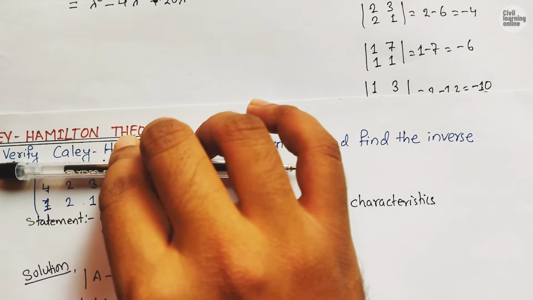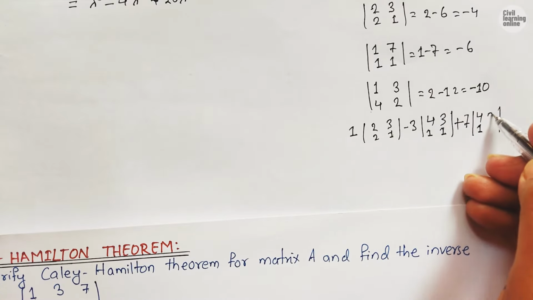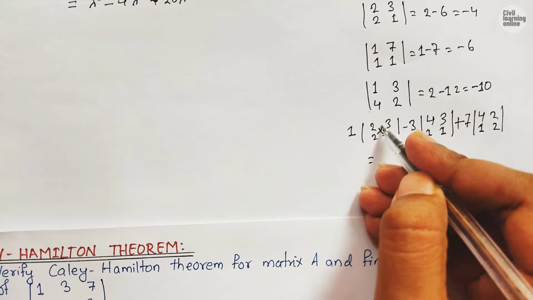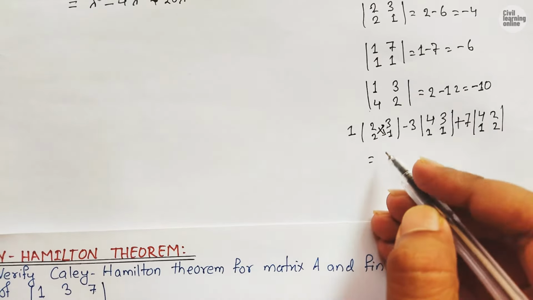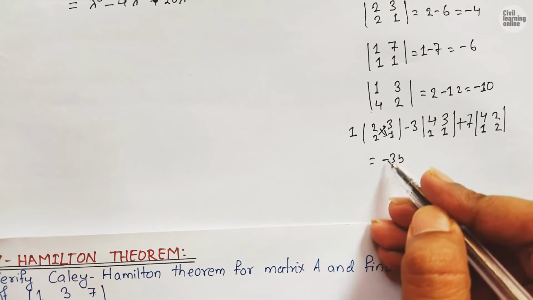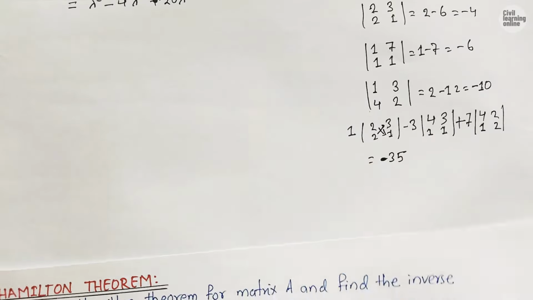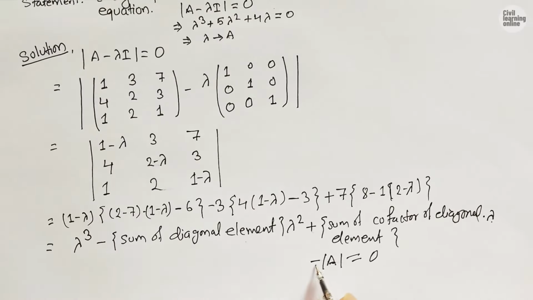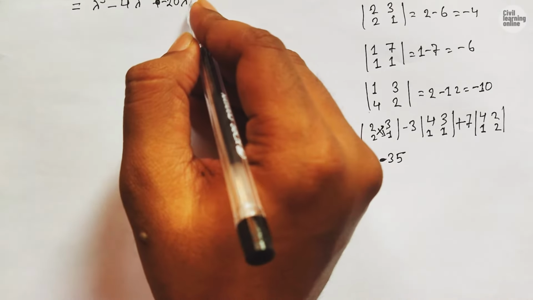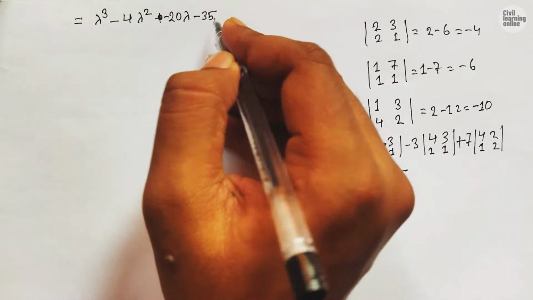We will see 4 1 2 2. So we will write here 4 1 2 2, and on solving this, again downward positive, upward negative. So on solving this, we will get the determinant of this matrix as, sorry, positive 35 here, and according to the formula we need to write the determinant minus 8 times, so minus 35